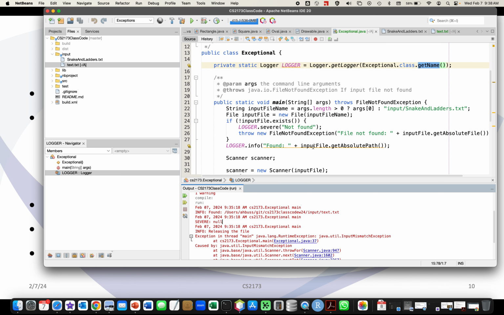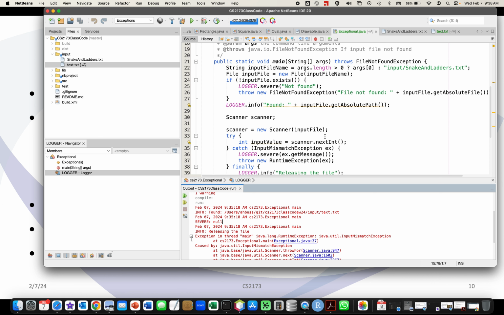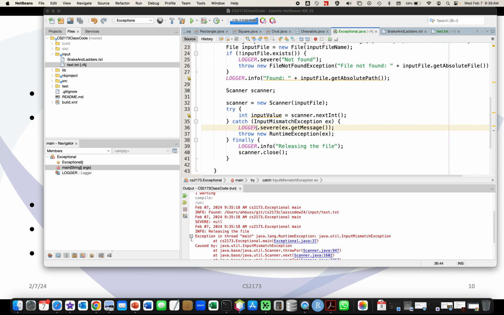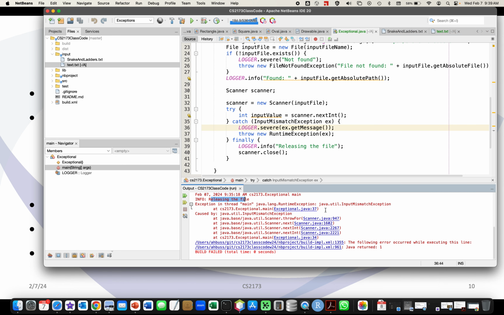Not sure. Okay, so somehow, where are we here? Scanner. Yeah. So for the input mismatch, that's basically where it said null. But then here it said, here's the finally. It released the file, and then this is where I re-threw it. Now, if I didn't throw it,